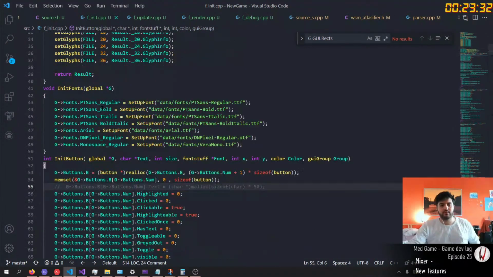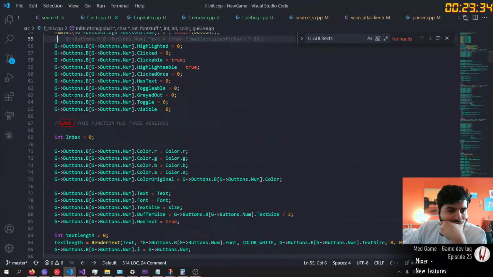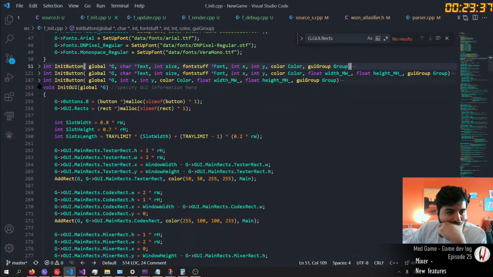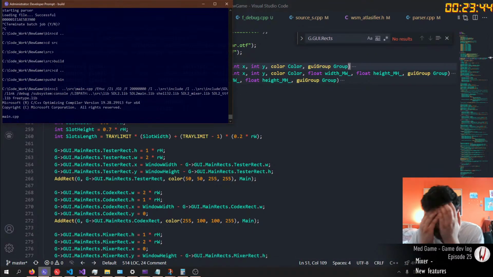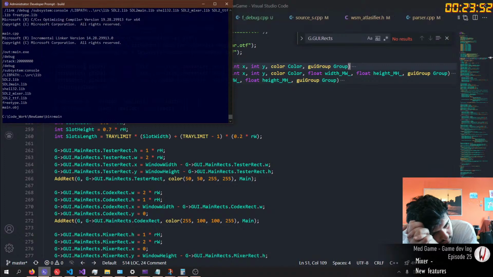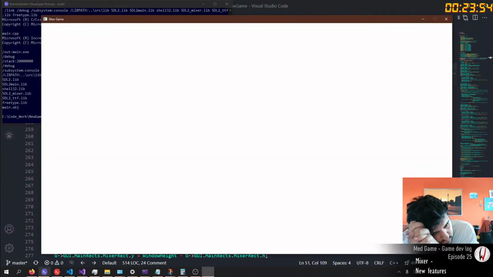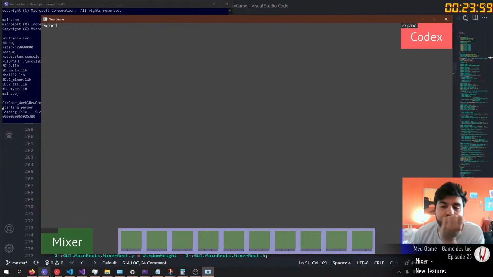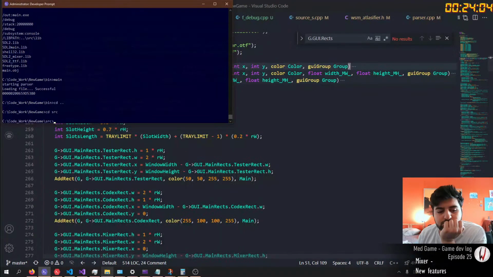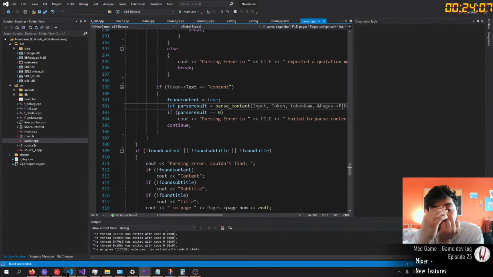Button, initialize button. It's crashing on its own.